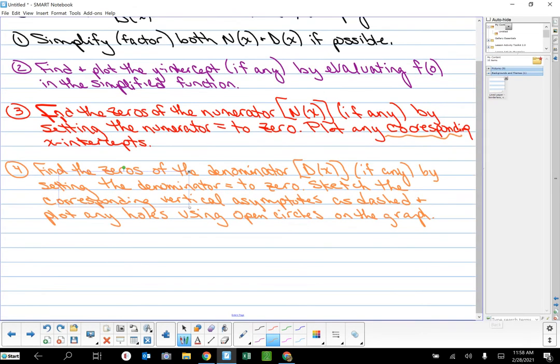So here's a little note. Oh, this is actually 5. Okay. Note, the holes come from setting any canceled quantities